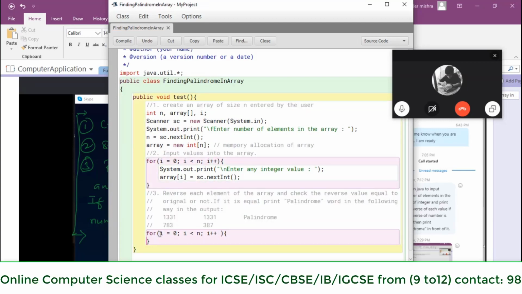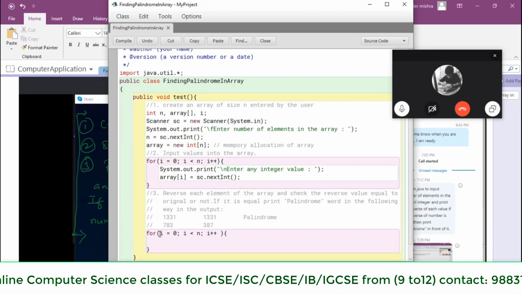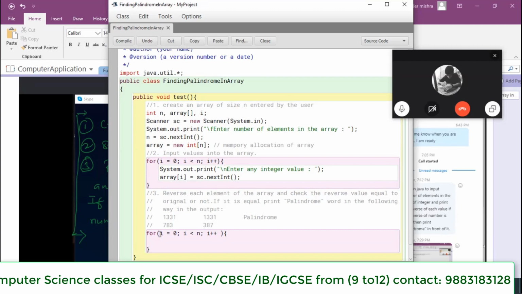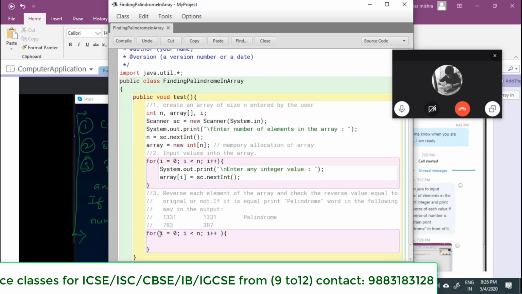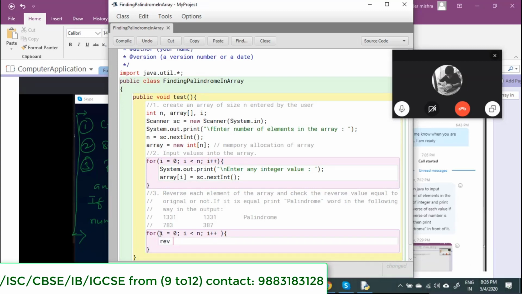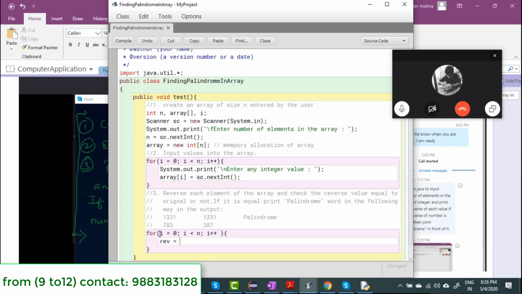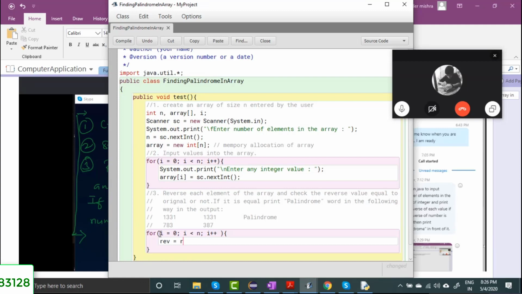I'm starting the for loop, and inside the for loop, I will create a variable called rev. Rev equal to, I need to reverse the values. To reverse the value, I will create a function called reverse of num of i. This is what I need to pass here.